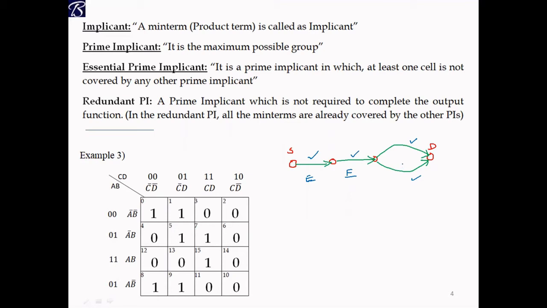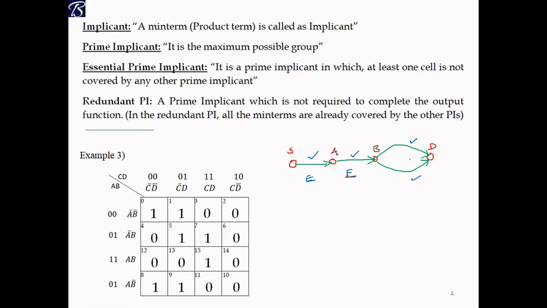They are not essential. A non-essential prime implicant is nothing but, compulsory only one choice. That is essential. If you don't take this route, you cannot go to the destination. So that's why this is essential, and this route is also essential. Let us say A, B. S is the source, D is the destination, and A, B are the middle villages. So the SA route is compulsory, essential, and the AB route is also compulsory, essential.